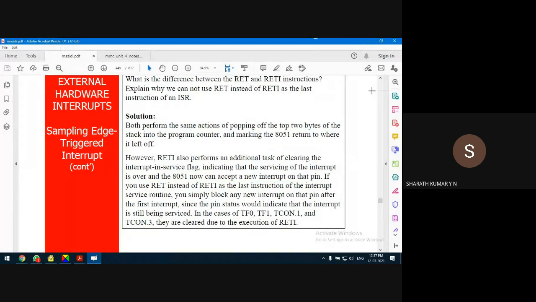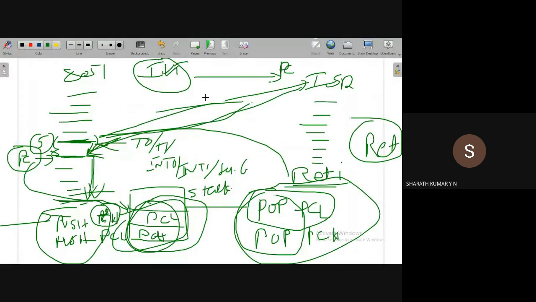What does it mean? Before the microcontroller jumps to the ISR for the execution of the interrupt service routine, all the interrupts will be disabled by the microcontroller. Why?